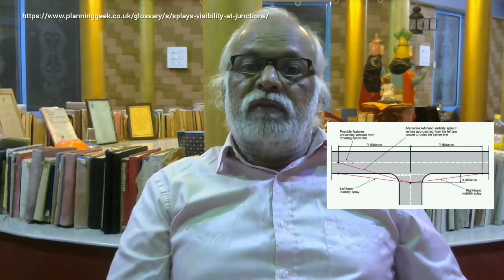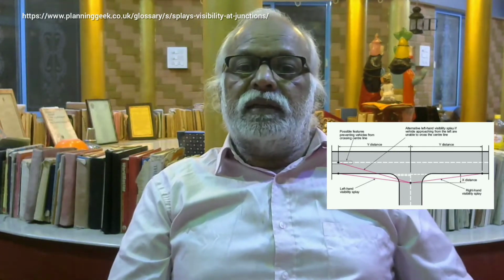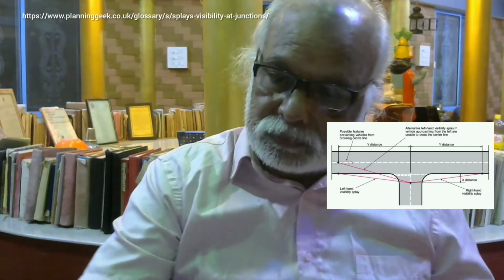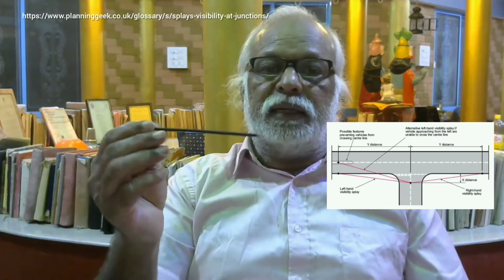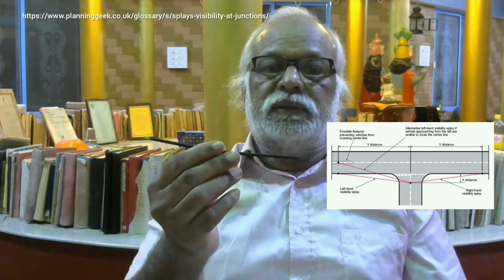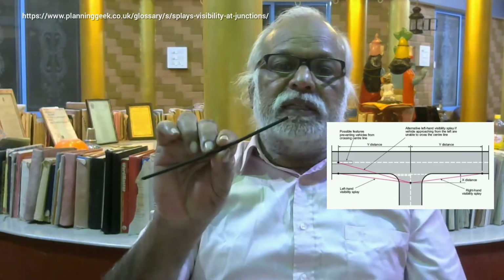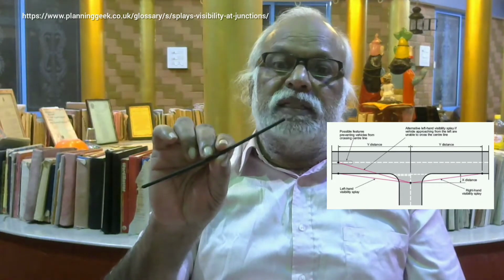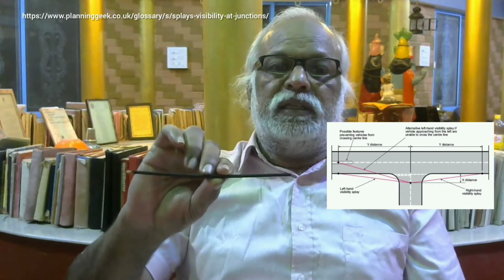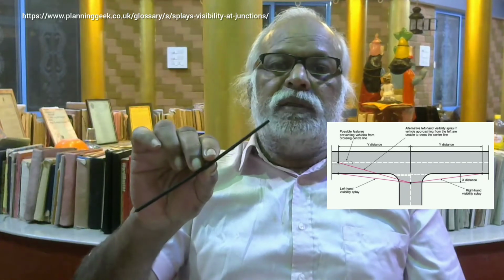There are two things for any element. One is the slope, another is the splay. Slope and splay. Slope is the inclined angle with respect to the horizontal. For example, you take this line. Now this line is horizontal. Suppose this line is like this, then it is having a slope. It is inclined to the horizontal. Now it is 0 inclination. Now it is having an angle.